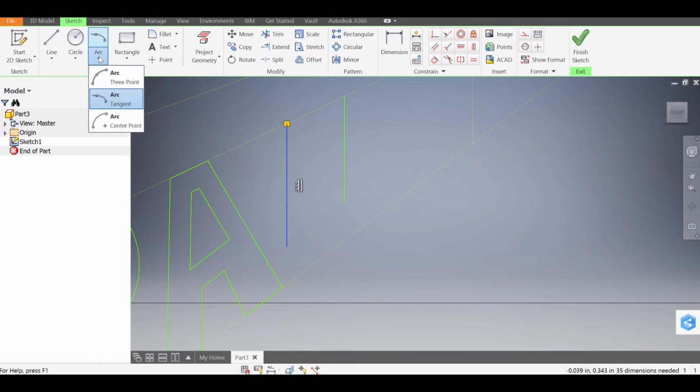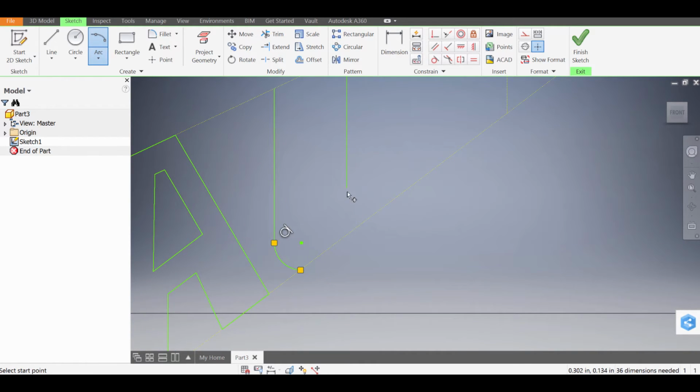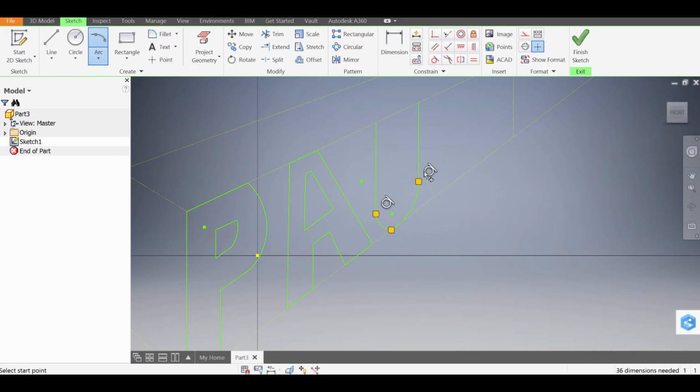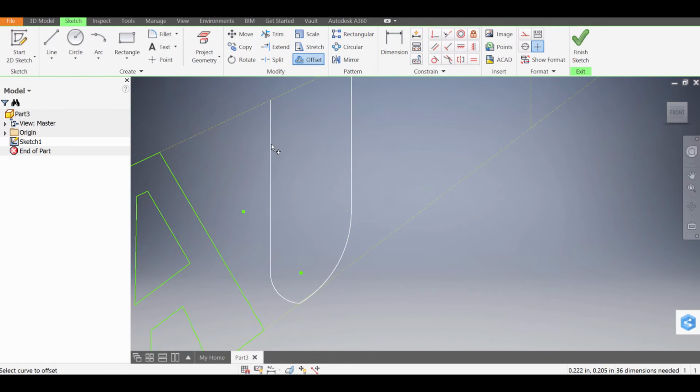And I'm going to use the arc tool, but I'm going to use the arc tangent. That's the second one. Let me show you how this works. You click on one end and then you can kind of position it with another line. So I've created a tangent there. I'm going to do the same over here, and you can kind of see what I did. So two tangents to connect that U together, and then I'm going to use the offset tool to create the